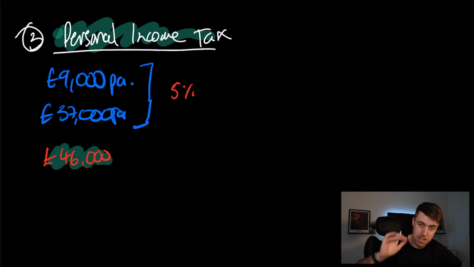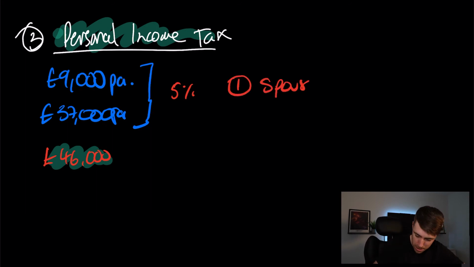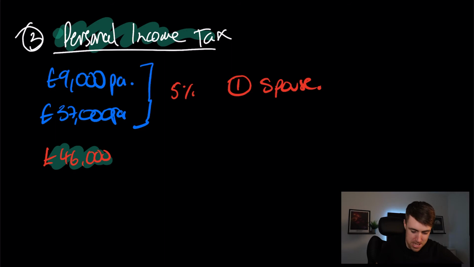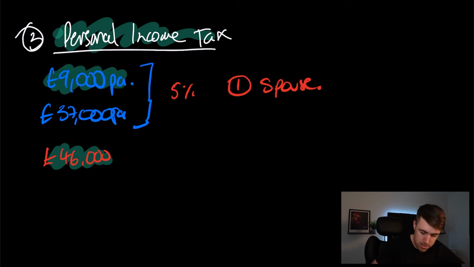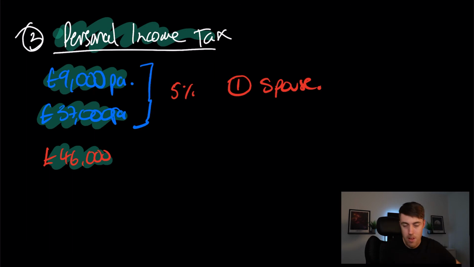The first thing I would say on that, the most effective way to do that is to have a spouse. Now, don't go out there and say, well, Ben said on YouTube it's tax efficient to get a spouse and just get married to the next person you see for the tax benefits. However, if you run a business with your better half, like I do with my wife, she is a 50% shareholder in the company and a director of the business, which means I can pay her that $9,000 salary,